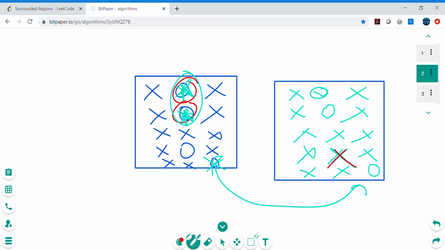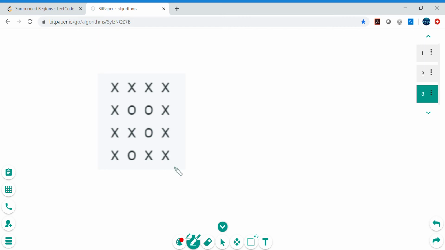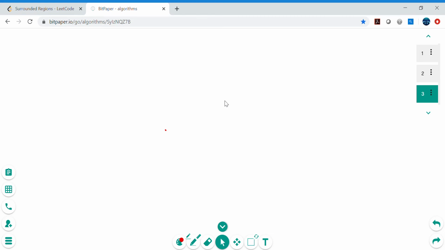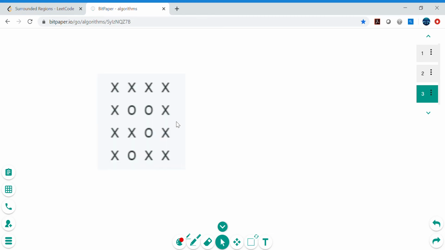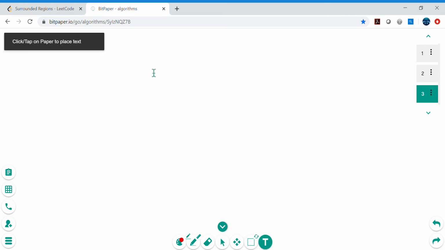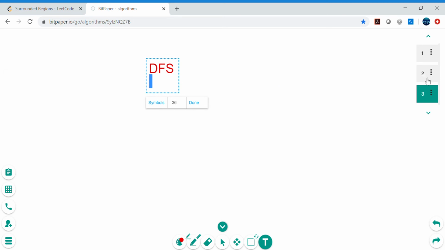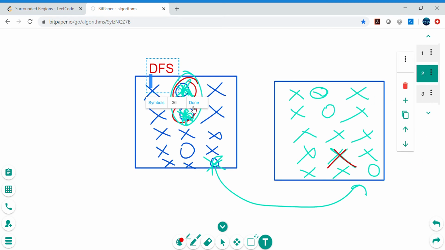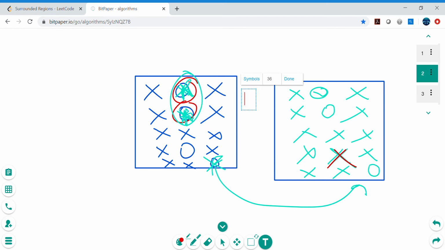If this strategy is still not clear, it's fine. We can quickly note down this strategy and create a couple of placeholders, and then I think it will be a little bit clearer. What we are planning to do here is run depth first search. Why are we planning to run depth first search? Because we need to go deep in any direction starting from the boundary. So let's say we start from here, and then we go deep until we find all the O's.